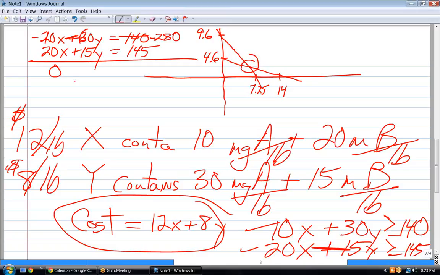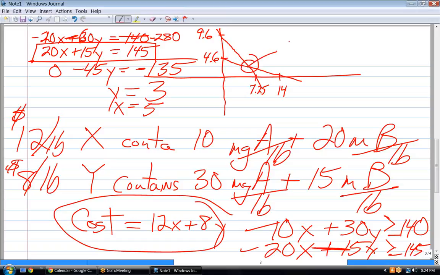I got minus 60y plus 15, so that's minus 45y equals minus 135. Y equals 3. So if y equals 3, x equals 5 by just plugging back into this equation. If I plug y equal 3, I get 15 times y is 45. I got another 100, so x has to equal 5. So this point is